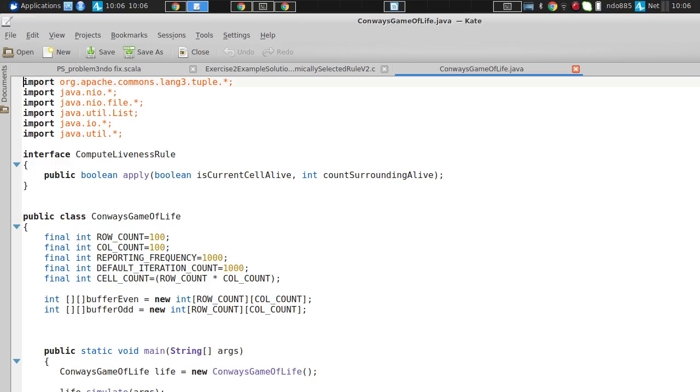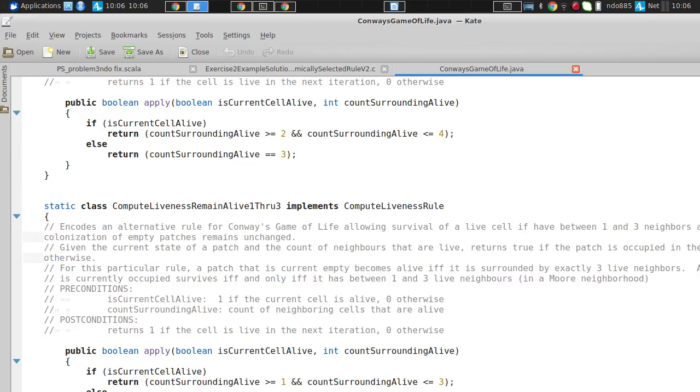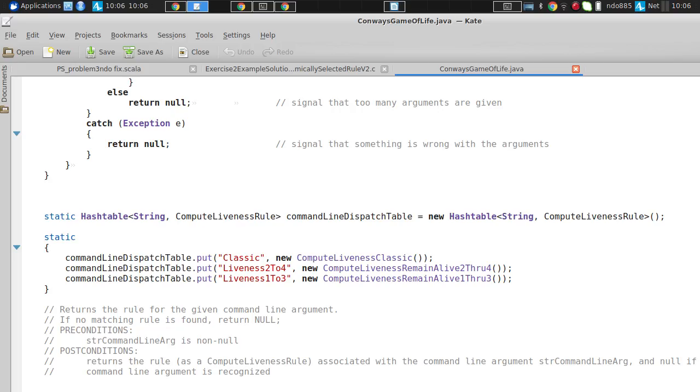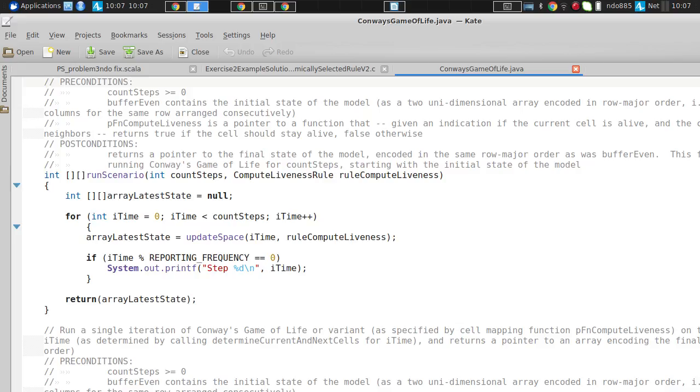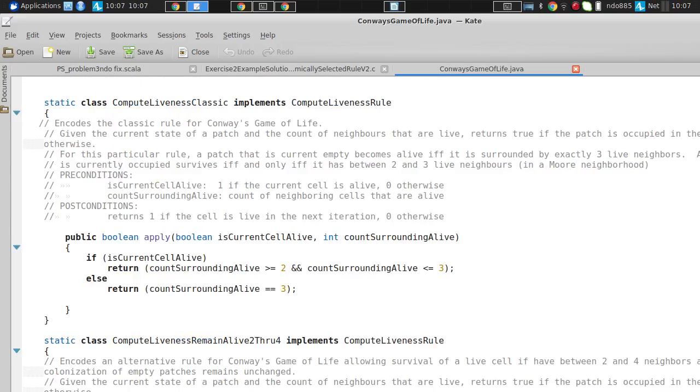And then we have particular implementations of this, drawing an idea that we're going to be getting exposed to later today. So we're going to have a hash table which is going to map from a string, which requests which rule to apply, to a particular object which implements that interface. In other words, which provides a particular apply here. And I provided 3 such